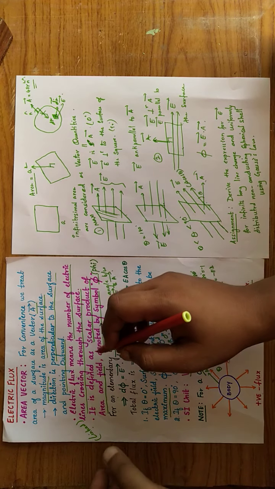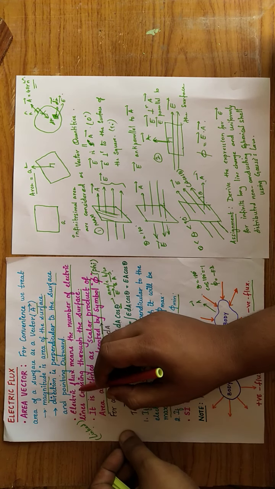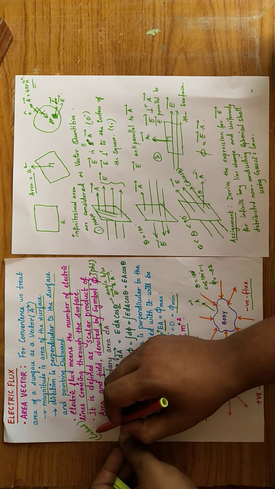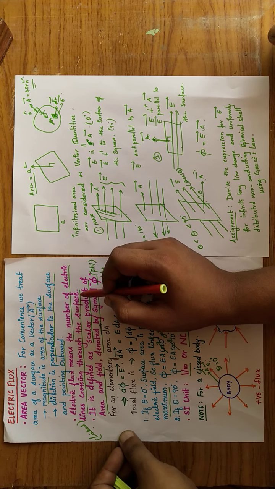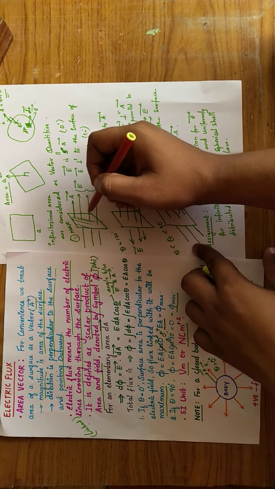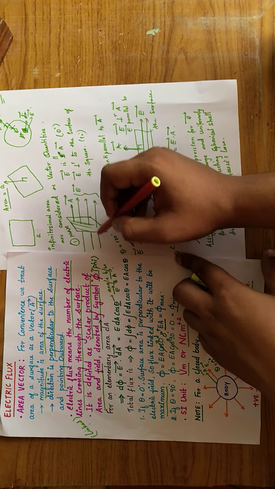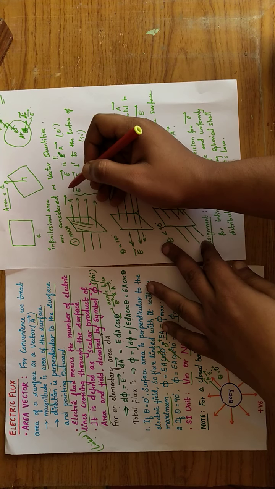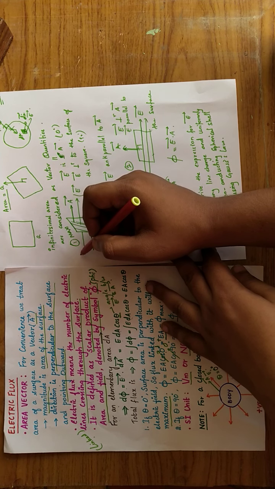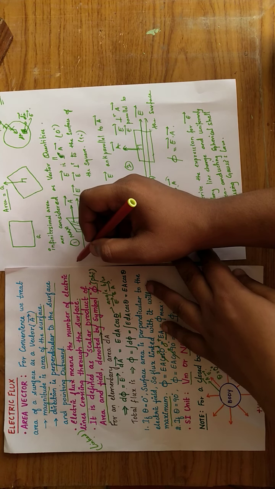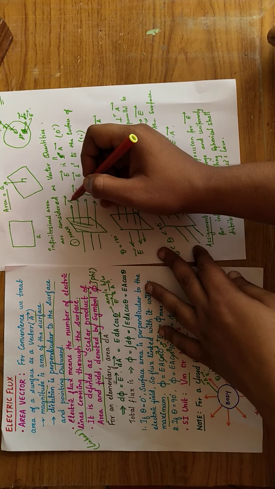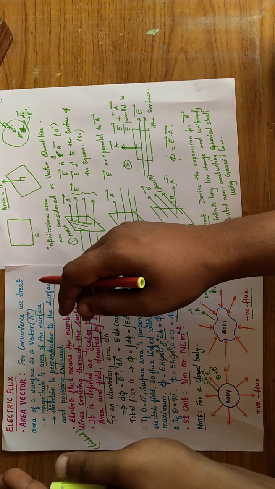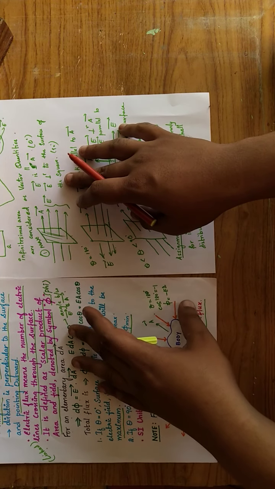Okay, and the meaning for electric flux now, electric flux means the number of electric lines crossing, also you can say linked, crossing through the surface. Okay, so here you can see that this is the particular surface, and you can see that there are 3 electric lines of force crossing it, and the area vector is pointing radially outward. You may ask, why isn't it pointing left? Because it is inward direction. Okay, so outward means it is in this way. There are chances that for a surface it can also point towards left, but it will be outward only. Okay, so that situation we will understand in detail soon.